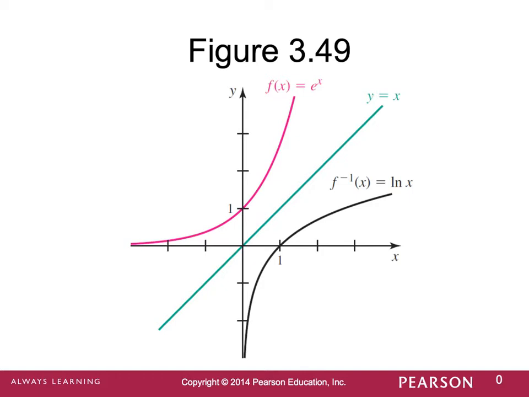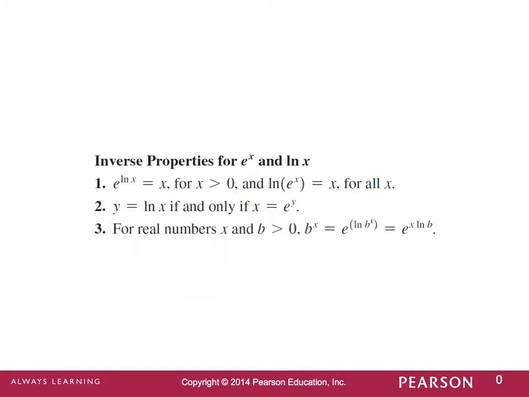And we can see that graphically if we graph them on the same plane, and we see that they are just mirror images about the line y equals x. And so they are reflected about that axis of symmetry there, and that shows that they are inverse functions of each other. A few other definitions from back in algebra is that e to the natural log of x,